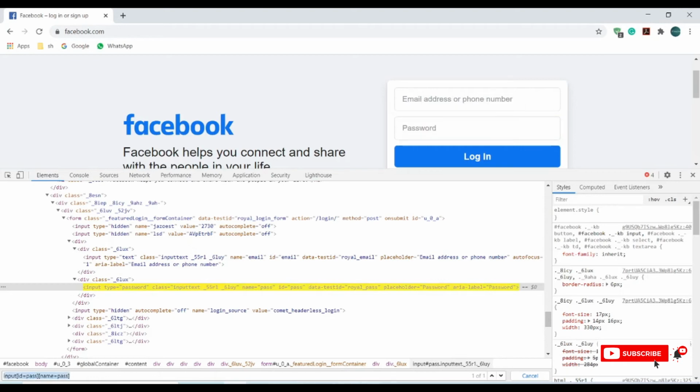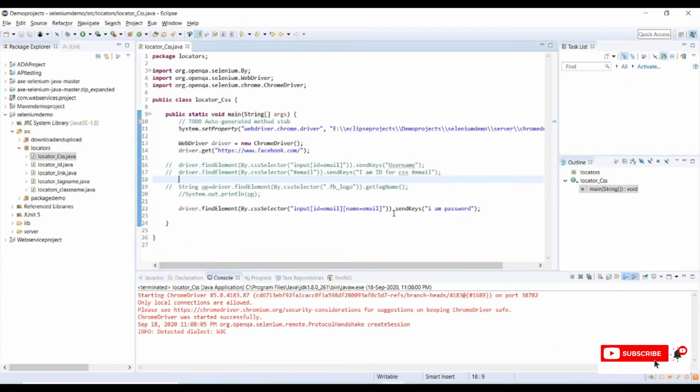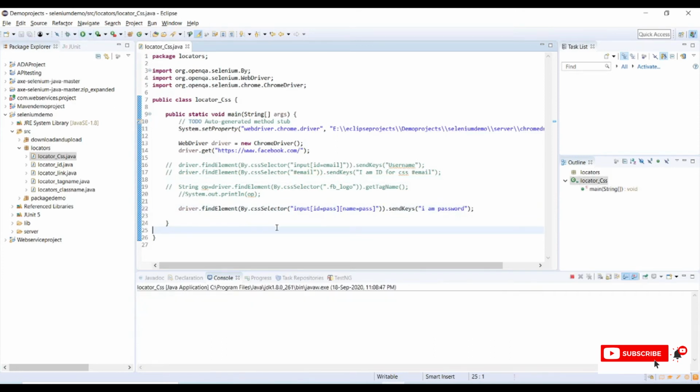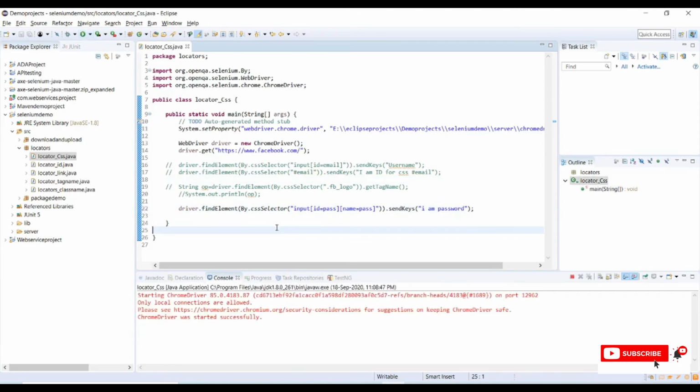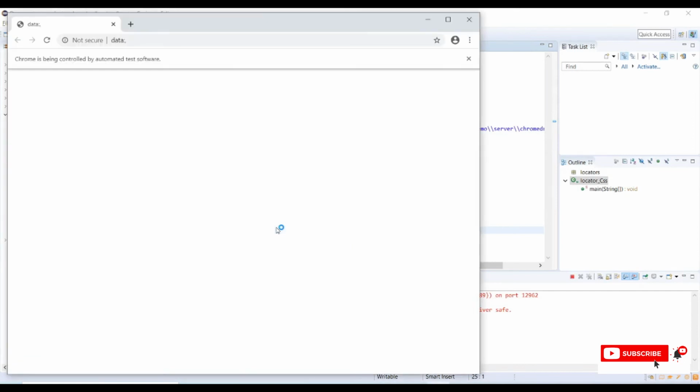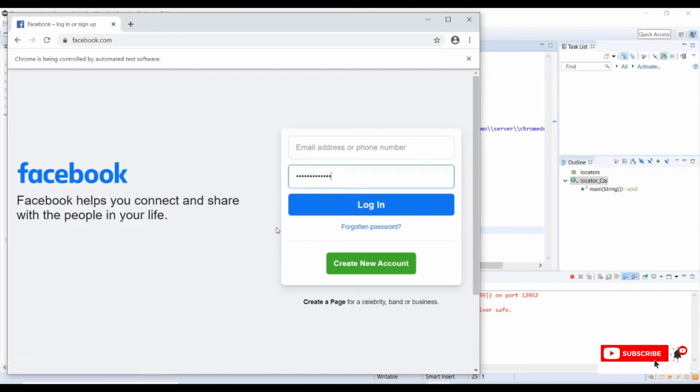Copy, go back to Eclipse again, replace this entire value, save and run again. Yeah, it's entered into the password.